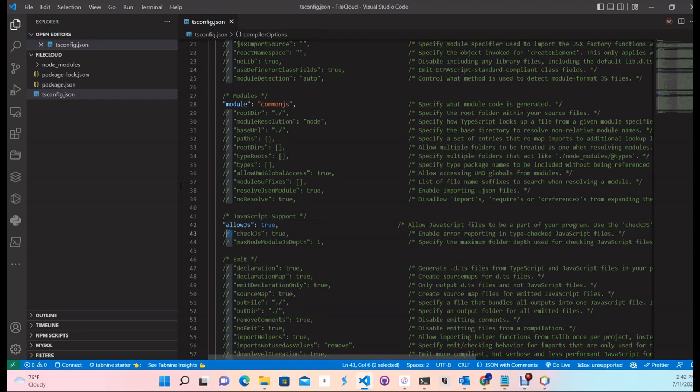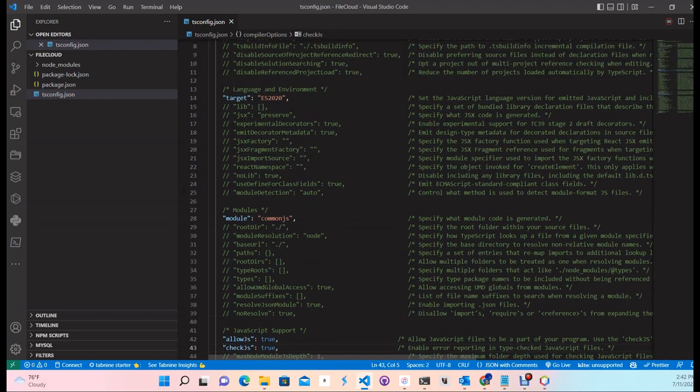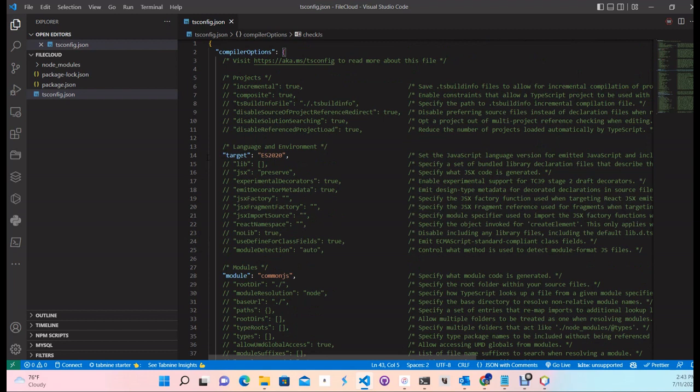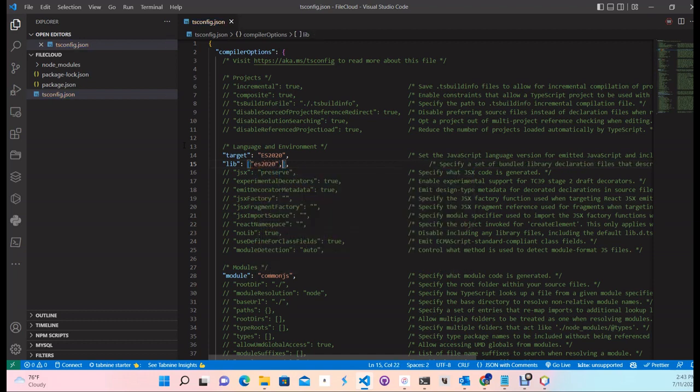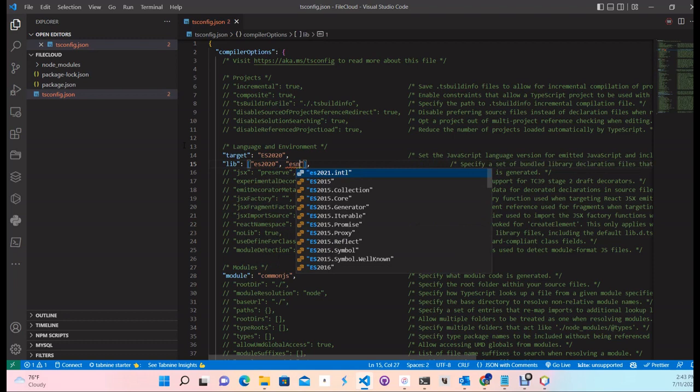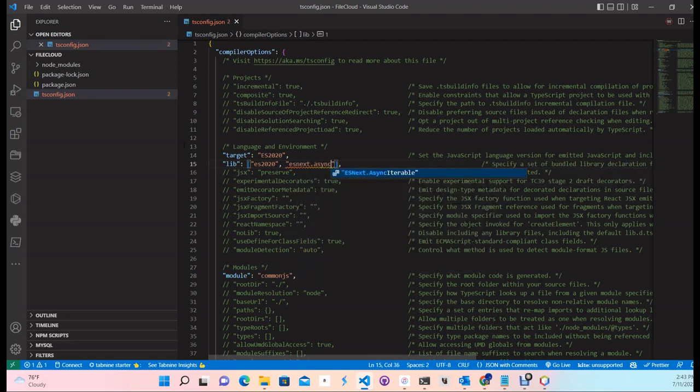We want to check JS. And then for the lib base URL, we don't care about that. Type roots, we don't care about that. Types, allow global access, module resolution. We are looking for lib, so let's uncomment this, and then we want to say lib as ES2020, and then we want to put it as ESNext.AsyncIterable, and then